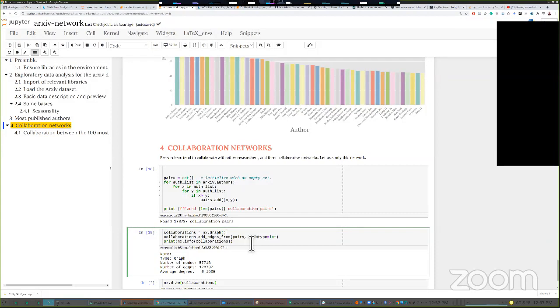I also have one question on this line 18. Yeah, I didn't quite follow that logic. So for X in author list and for Y in author list, if X grid. Let me draw and explain it to you. One second.